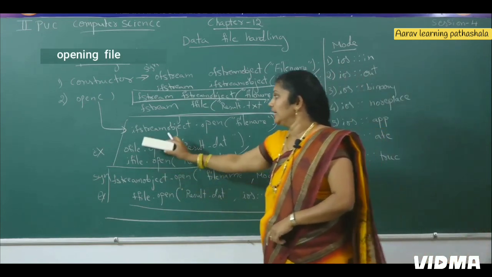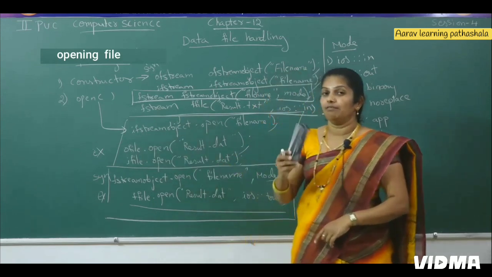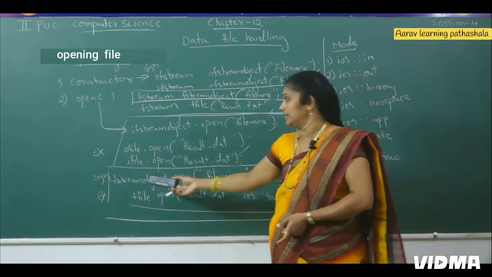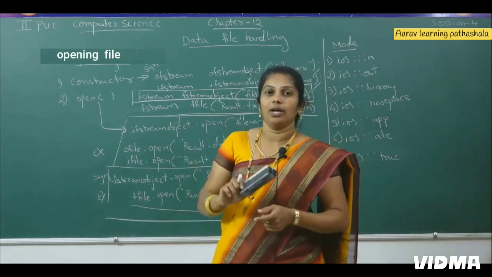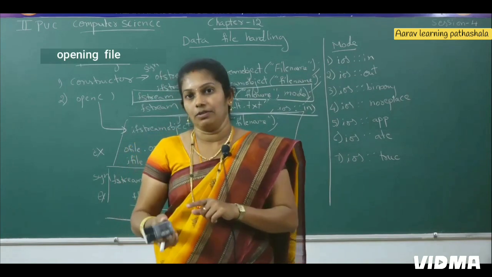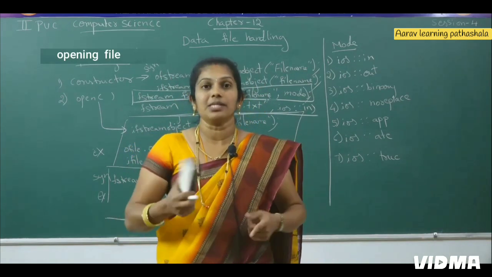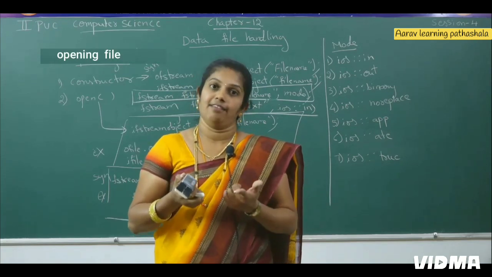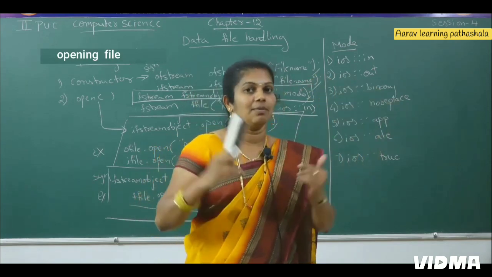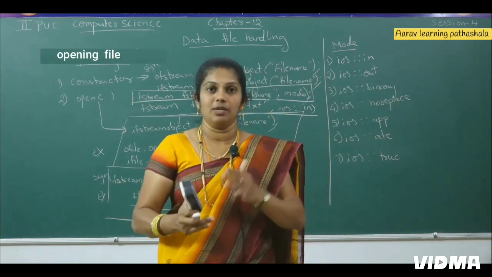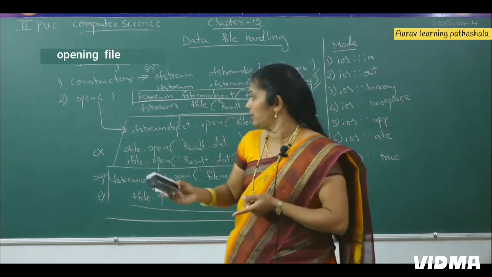These are the things you have to remember in the open function. Here while writing the syntax, here we are opening the file for input purpose. Here we are opening the file for output purpose. If I want to open the file for both input and output simultaneously, then I have to use the fstream object dot open function. In the first class I told you ifstream and ofstream. ifstream means input, ofstream means output. If both are needed simultaneously, then I have to use fstream, because fstream is derived from, it is inherited from both ifstream as well as ofstream. That means fstream has ifstream functions and ofstream functions. That is why we use fstream.